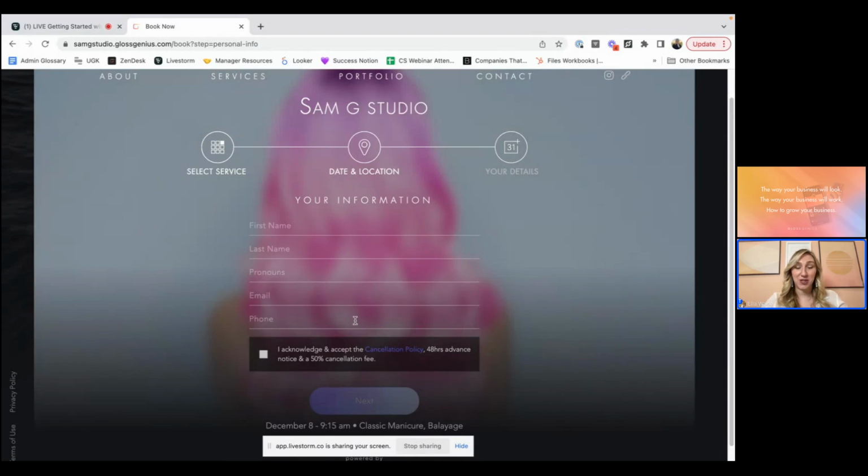After somebody fills out this information and clicks next, the final screen they'll see, if you choose to have it turned on, is to enter those credit card details. Earlier, we talked about deposits, which is a great way to protect your business, but it might not be the best solution for everyone. If it's not within your practice to charge your clientele upfront before they book a service, you can still require a credit card on file to charge them in the event of a no-show or